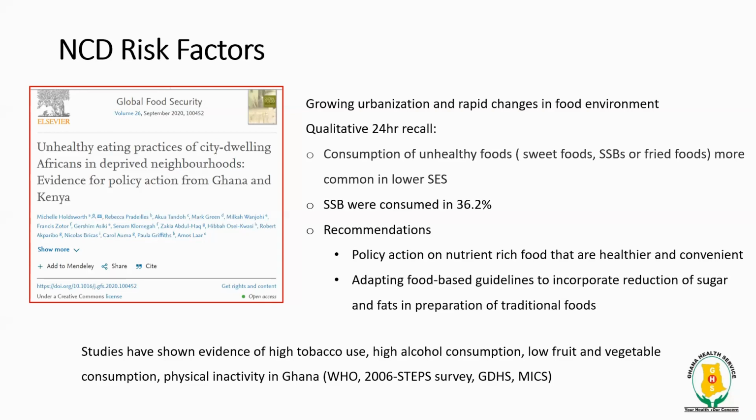are the ones they consider unhealthy diets. The prevalence was more in persons with lower socioeconomic status. Sugar sweetened beverages were consumed in about a third of the sampled population, and in Kenya, it was much more, looking at their snacking habits. They had about 75%. And they went on about the other risk factors. However,